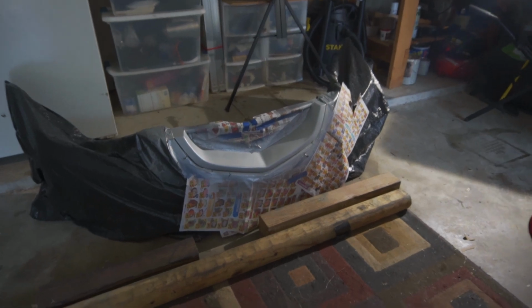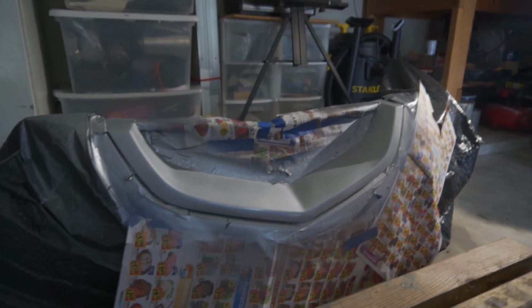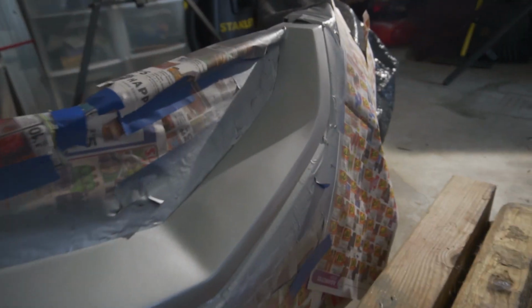Alright, I just want to say something before I run out of space real quick. This is the new and improved spray paint job than yesterday, and I think I definitely like it better than the other one. It looks